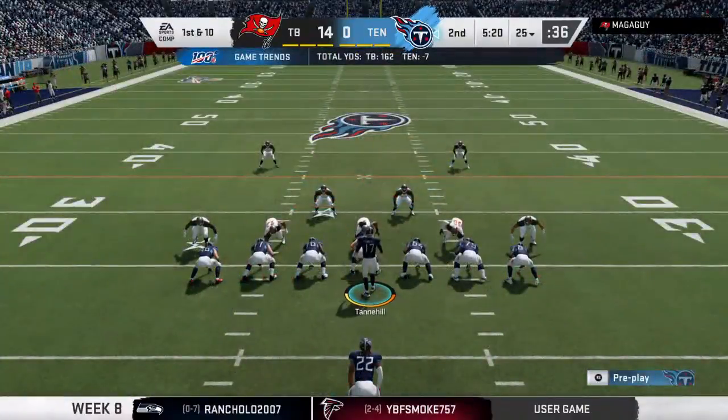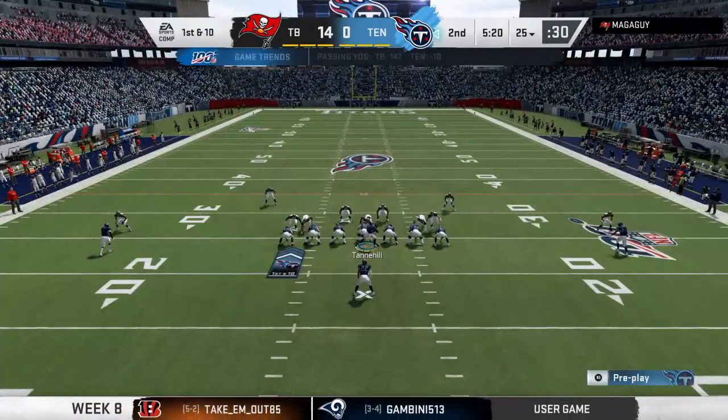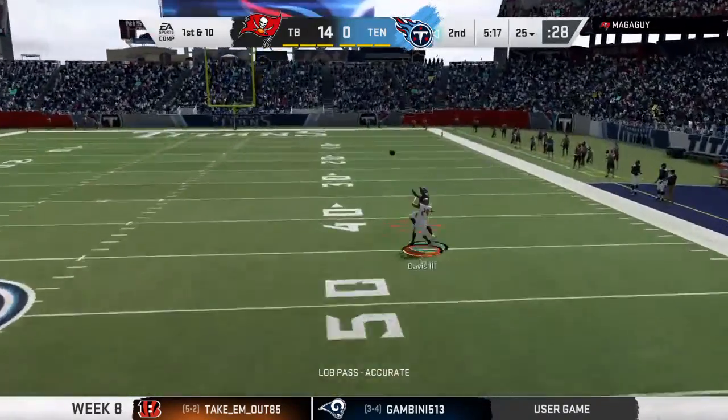The Titans offense set to begin the drive. Already down 2 touchdowns here in the first half. This becomes a pretty important drive, doesn't it? It certainly does, and a lot of the teams script plays. We know that, right? They have a script to start the ball game, and typically those...